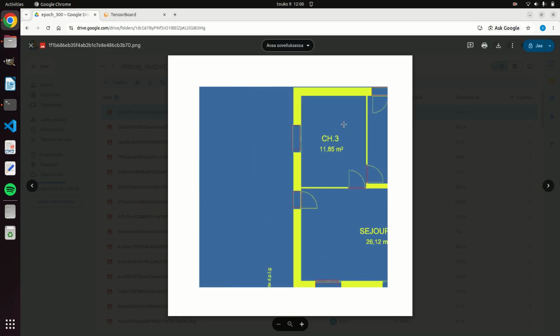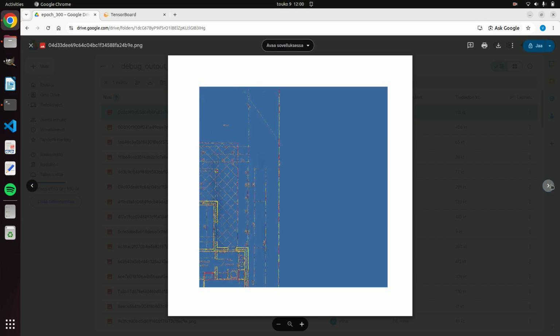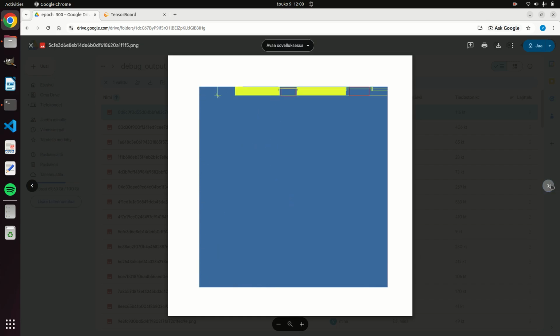Okay, here we can see there's some issues, so this is definitely a window as well. So we can see that the doors are detected very well, but we get some misdetections from windows, so there's something to improve. We can see the same here. So it seems that this kind of floor plan image is a bit problematic, but otherwise it seems to be pretty decent. Again, some windows there,